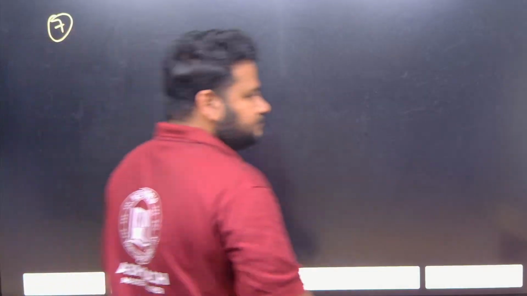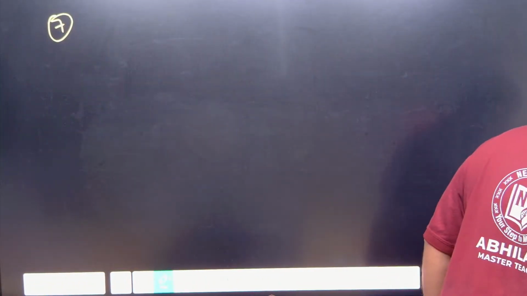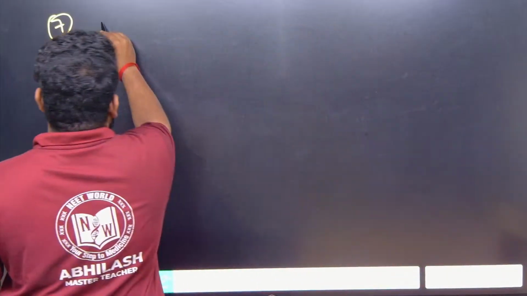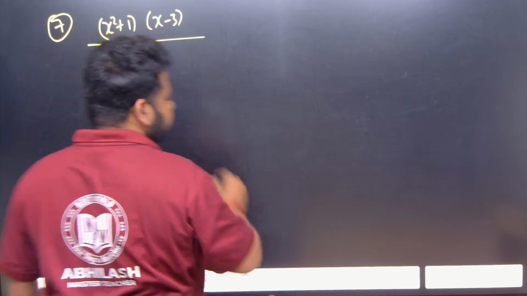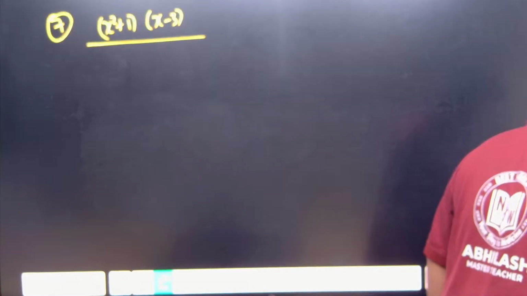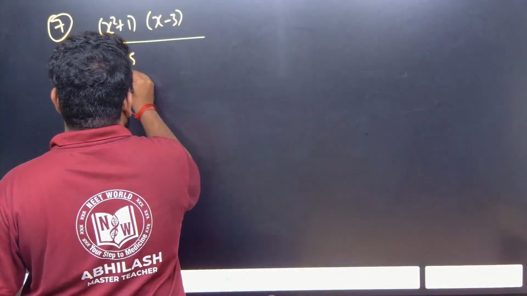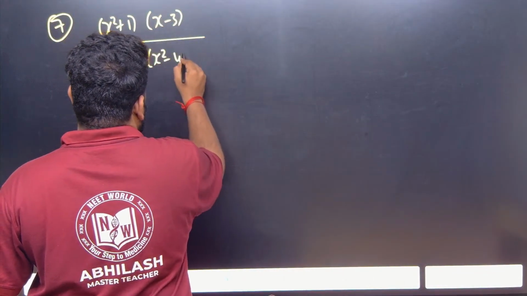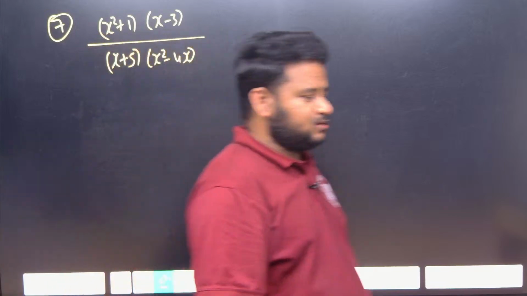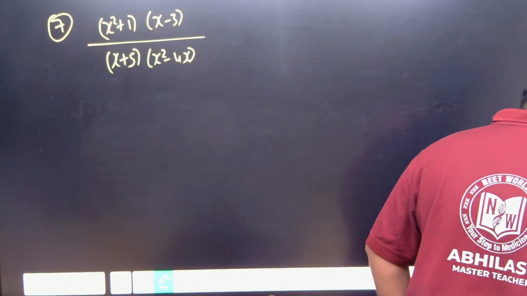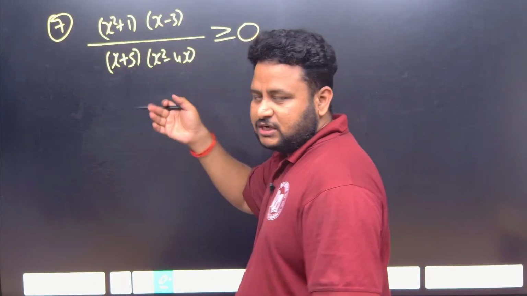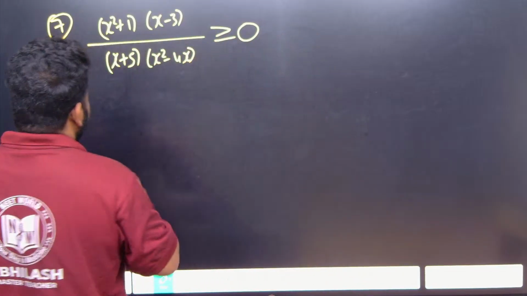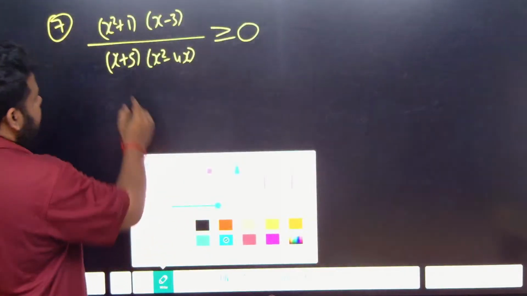We have x square plus 1 into x minus 3, divided by x plus 5 into x square minus 4x. Is this greater than 0 or less than 0, greater than or equal to 0 or less than or equal to 0? This is greater than or equal to 0. So once you see greater than or equal to 0, vanishing points will have closed intervals. Now x square plus 1, like I discussed in the earlier question,